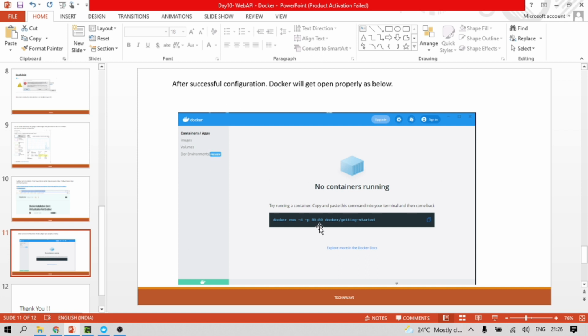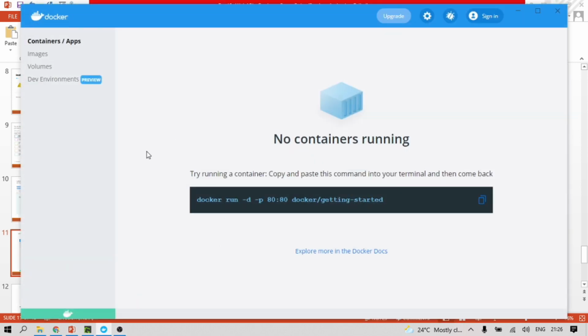You can see all the content here. No container is running yet, so nothing is displayed. It's a proper home page, restarting properly, not giving any error or issue. You need to make sure it is opening properly, and this screen is displayed after successful installation.